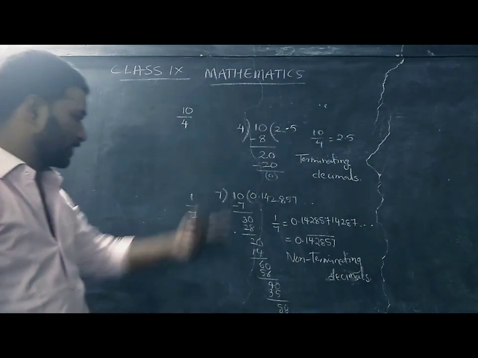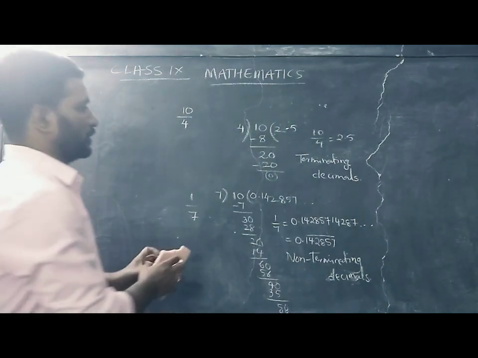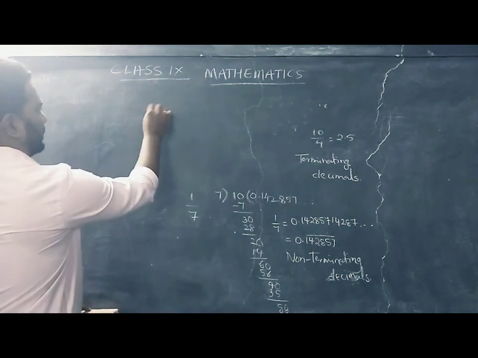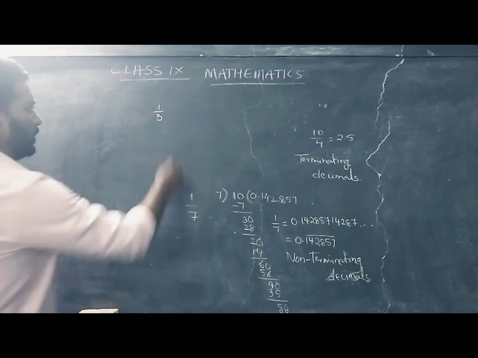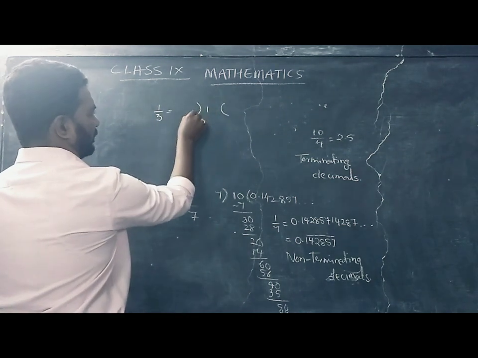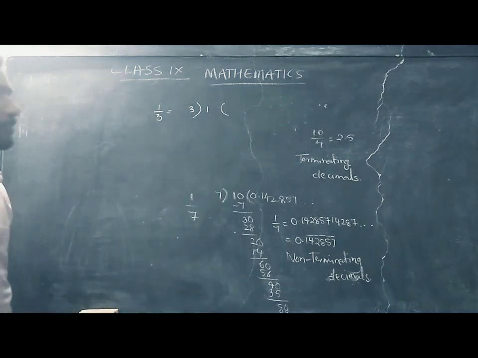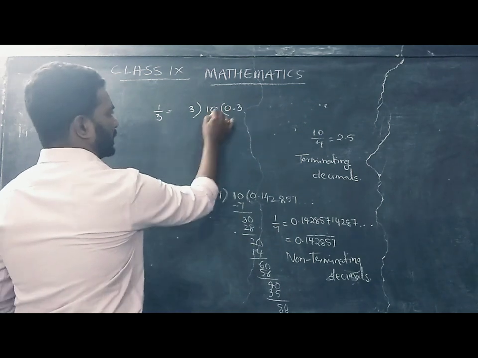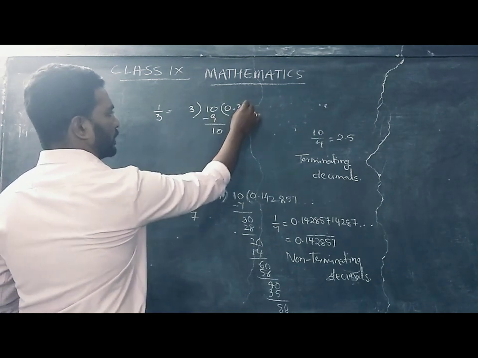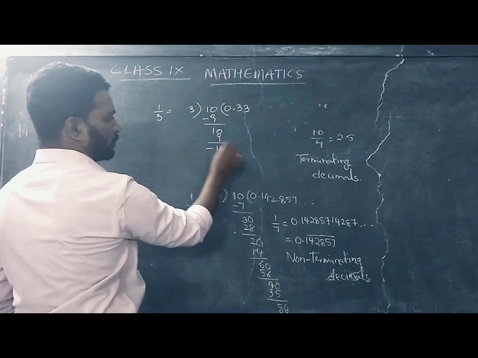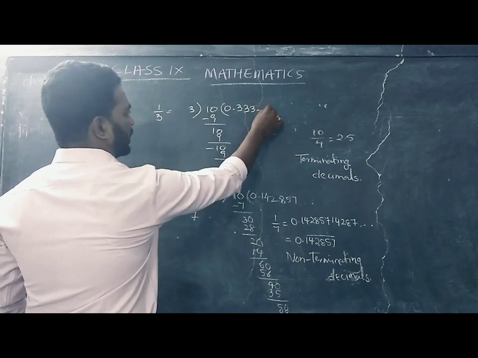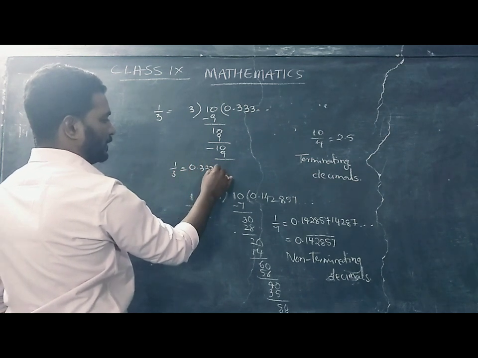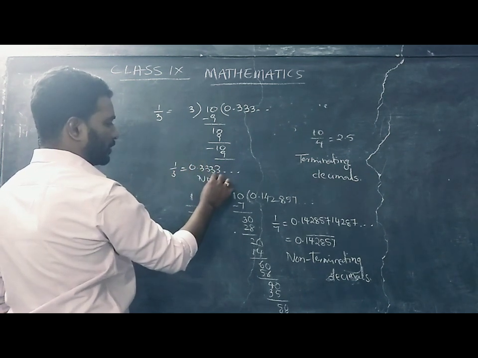And one more is there, the second non-terminating one. So remember this one. I go for the second one, 1 by 3. 1 by 3, what do we get now? 1 can be divided by 3. How much? 0 because of the decimal point. 3 threes are 9 and 1 0 again you are going to get. 3 threes are 9, again you get 10. 3 threes are 9, again. So the value of 1 by 3 is 0.333.